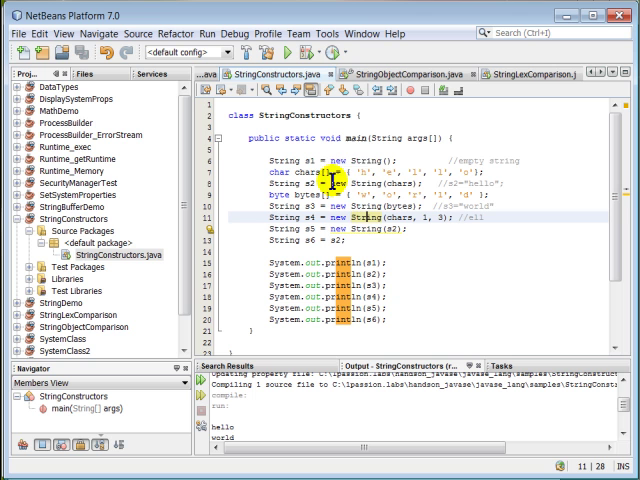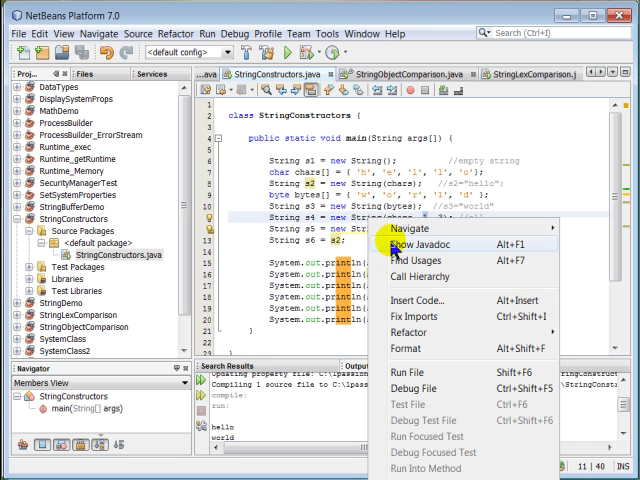Here we are creating a new string object, and then we create the character array. From the character array, we create the string object, so it should contain hello, and this is a byte array, and from the byte array we create a string object, and here we are creating a string object from the character array, specifying the starting point and the length. So if you want to see this particular